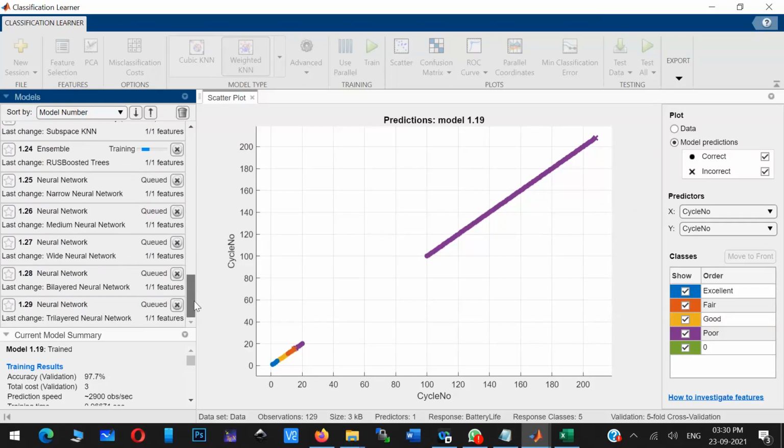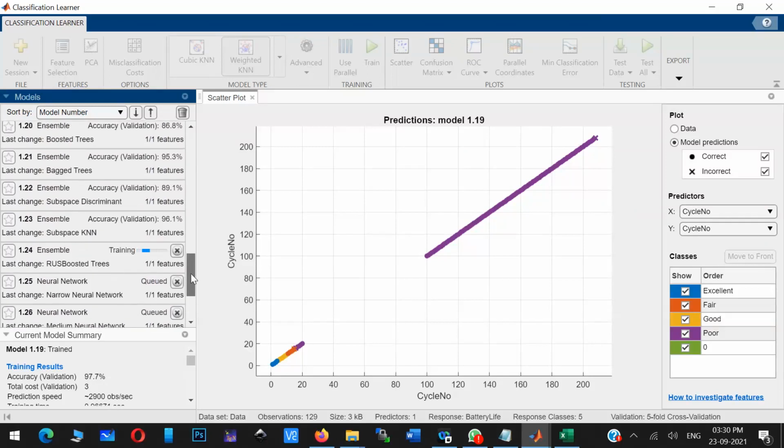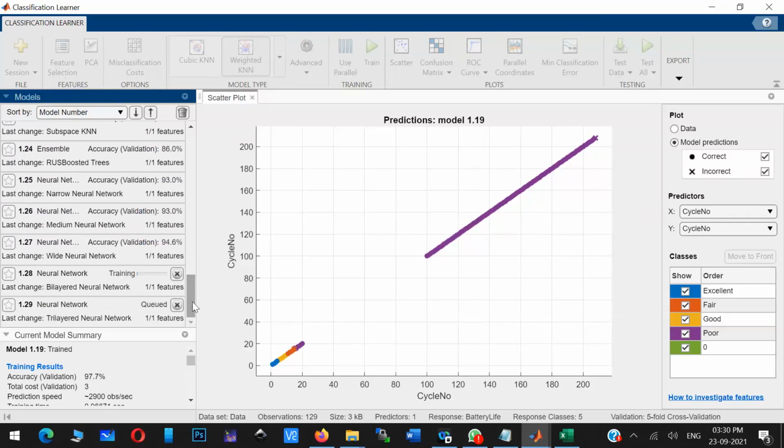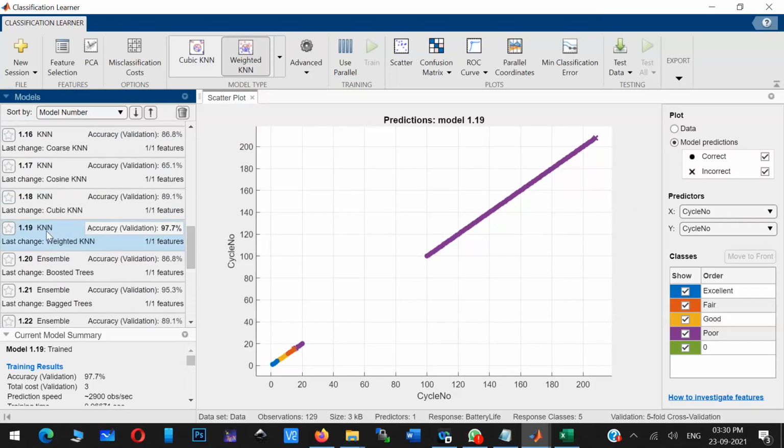Before employing some algorithms, you can test all algorithms on some sample data, and you can select some algorithm for your work. So everything is executed. All algorithms are executed. You can see only one algorithm, the KNN algorithm, is giving the best result, 97% accuracy. Okay, so now this is good.